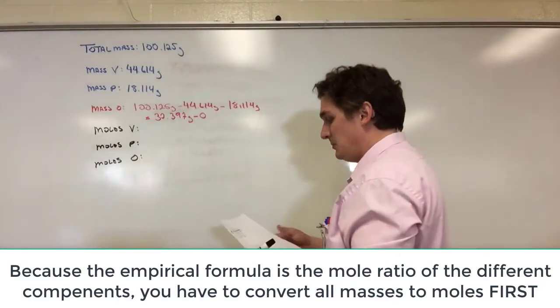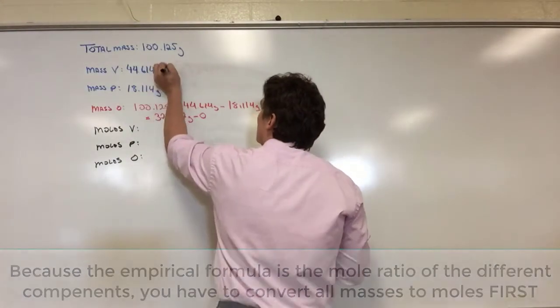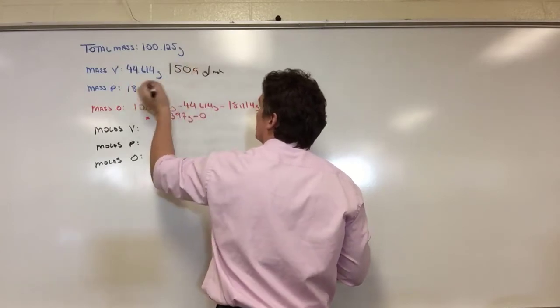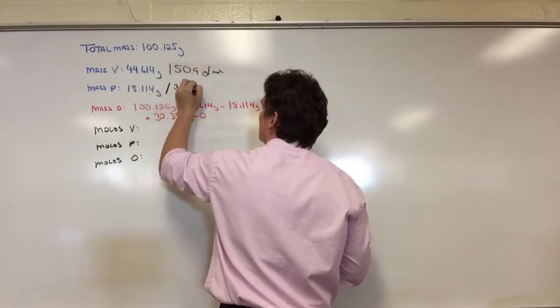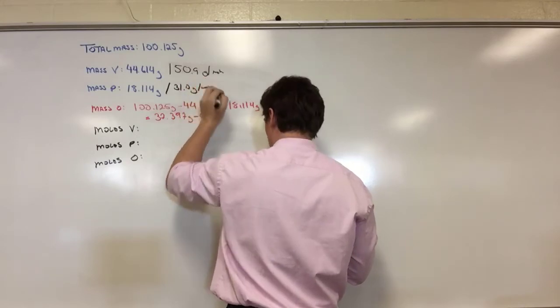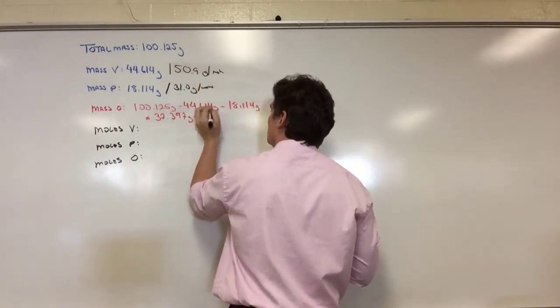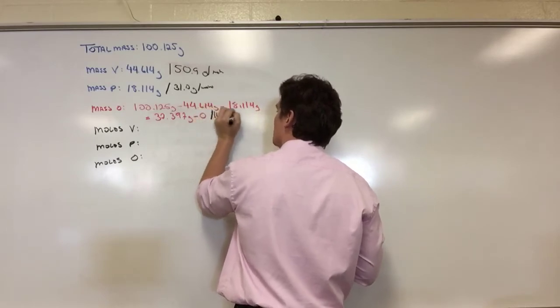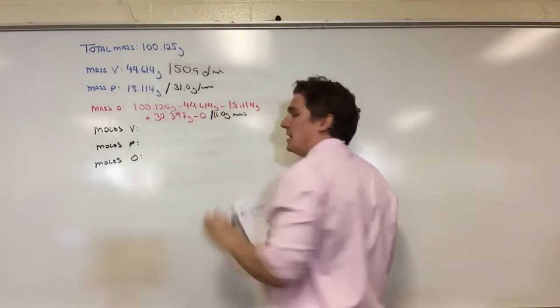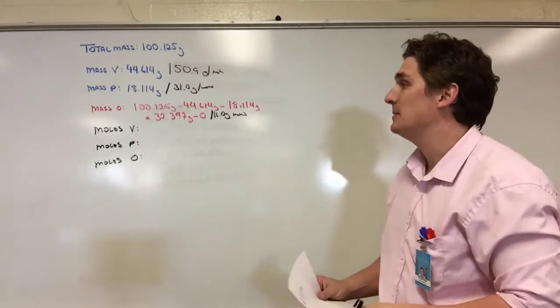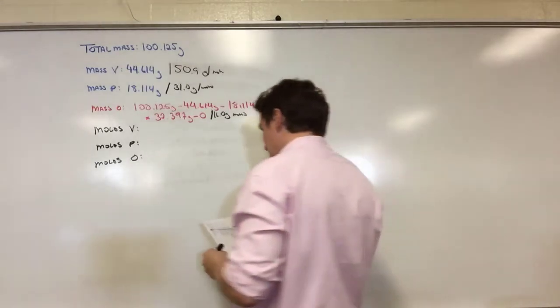So in the case of vanadium, we're just going to take the mass and divide by 50.9 grams per mole. For phosphorus, we're going to divide by 31.0 grams per mole. And for oxygen, we're going to divide by 16.0 grams per mole. Now, oxygen is a diatomic gas, but we're not talking about a gas here. We're talking about the element oxygen, so we're only dividing by the 16. And what this will get us for moles is